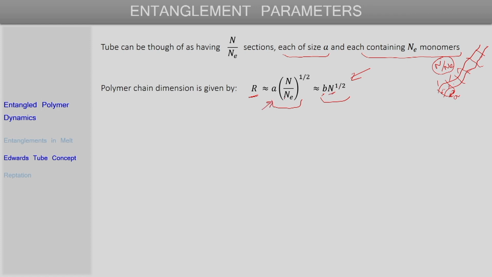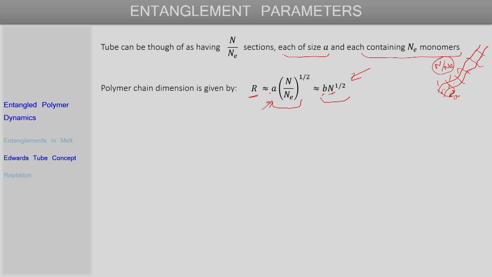In the first case, here we are considering the polymer to be again a kind of freely jointed chain or a random walk where the size of a given segment corresponds to that of an entanglement strand a, and we have the total of N over Ne such entanglement strands, and all these entanglement strands together constitute a kind of random walk which leads to our entire polymer chain. So, since both these are equivalent, we can say that the polymer chain dimension can be represented by either of these relations,